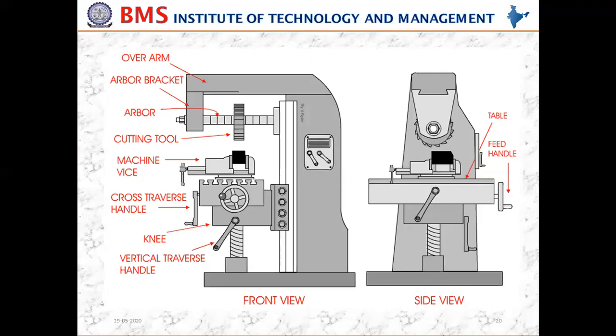Let's look at how this horizontal milling machine works. This is the front view. See, the cutter is moving in this. This is called the cutting tool, which is placed on the arbor. This is the movement of your work table. This is called the cross traverse handle, which can be moved in this direction. These are called T slots, provided on the machine, where the workpiece is going to be fixed. This up and down movement, these are called the guide ways of the knee. So the knee can be moved up and down using these guide ways, with the support of the vertical traverse handle.